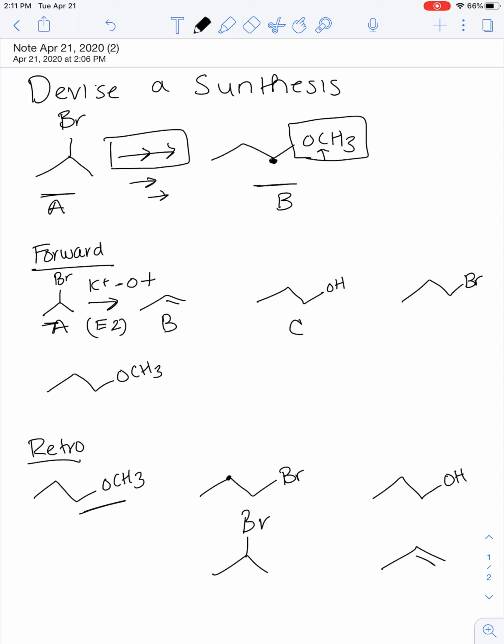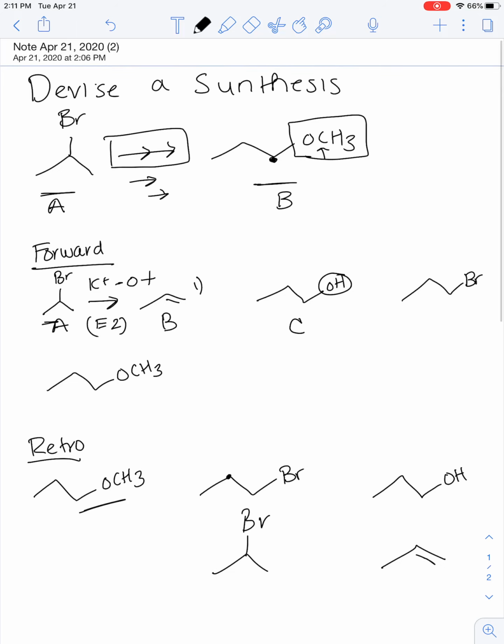When we go from B to C, the hydroxyl is being added to the least substituted carbon atom, so we know that we would be using hydroboration-oxidation. We would need borane in THF, and then we would need hydrogen peroxide in a base,